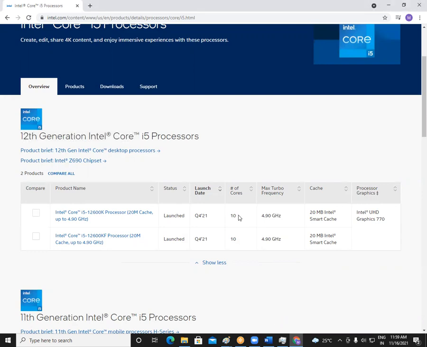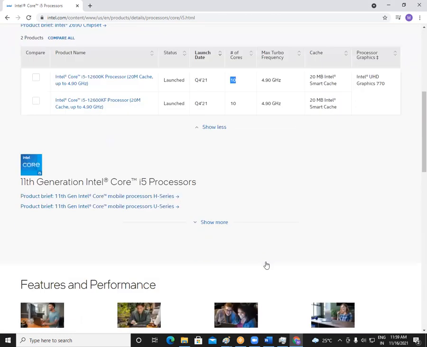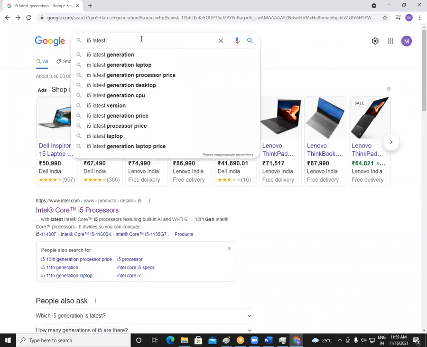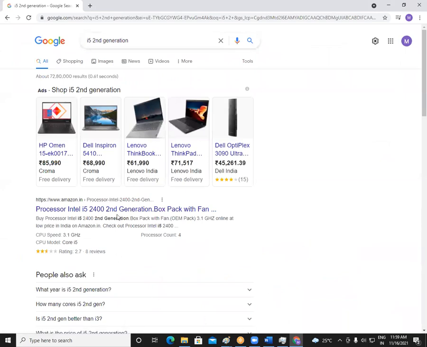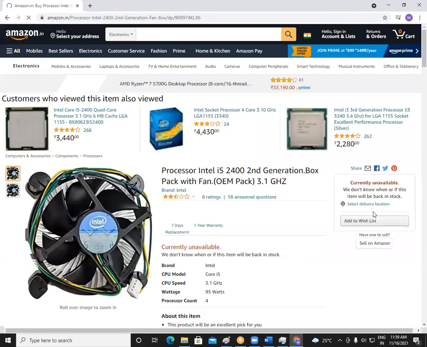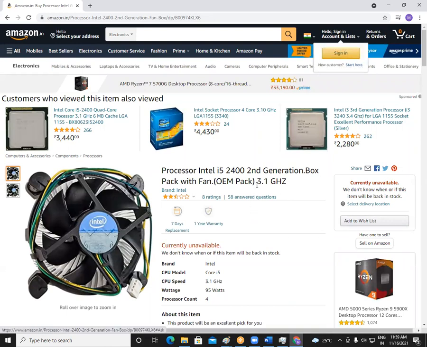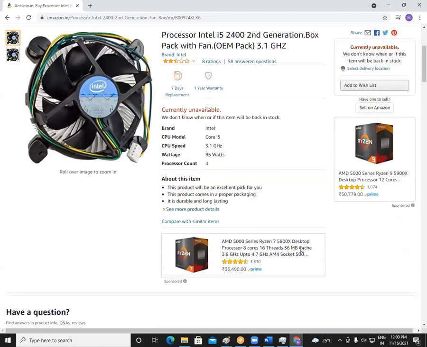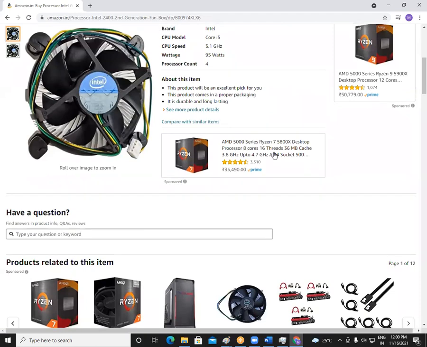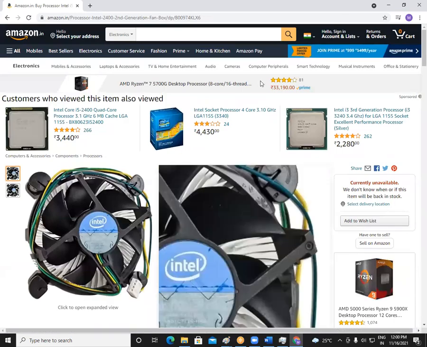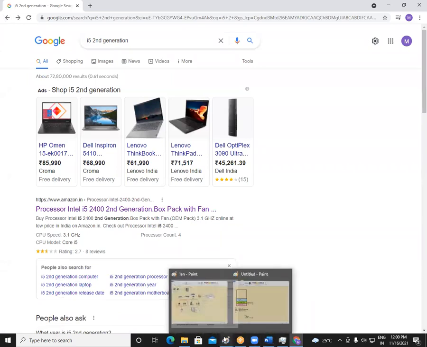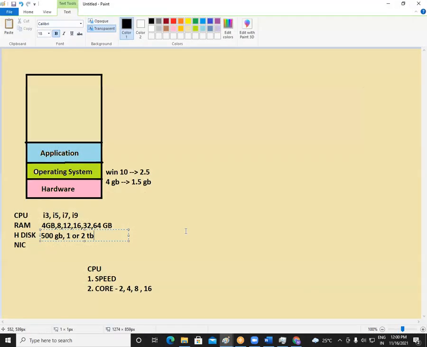See how many cores we have here. Totally we have like 10 cores. Okay, so like this we can see different generations here. Let us see second generation. I hope I'll get something here. Yeah, this is your second generation. You can see it is a bit older machine. I'll show you the specifications maybe for some time. But if you go and check the generations and their features and specifications, you can easily find out there will be some differences between each and every generation.